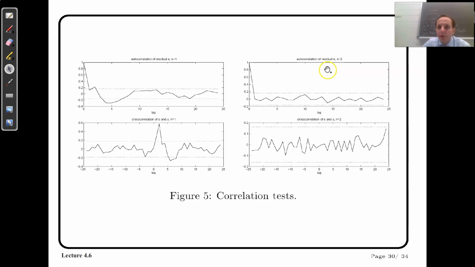But when you consider an order 2, the auto and the cross correlations are within the threshold values. So you can say that the